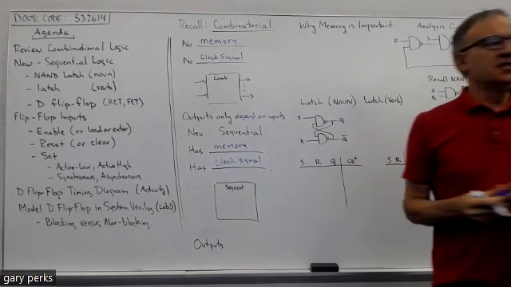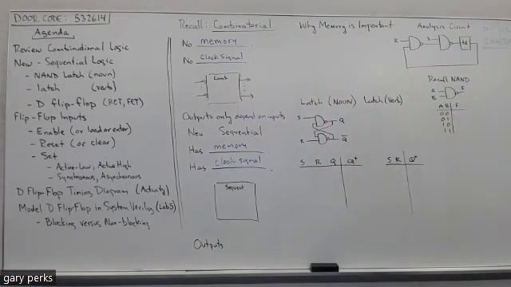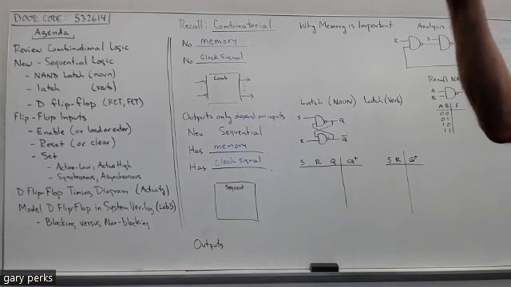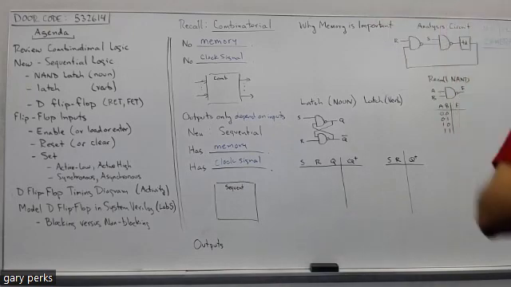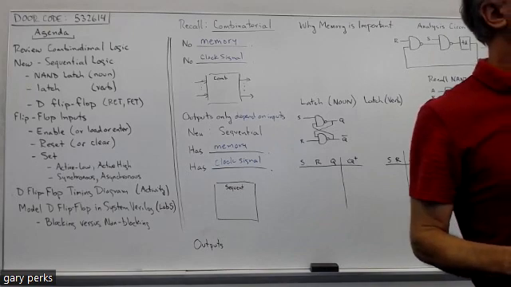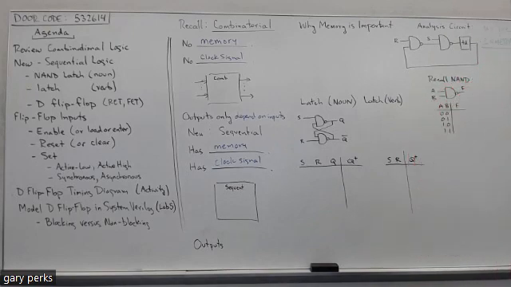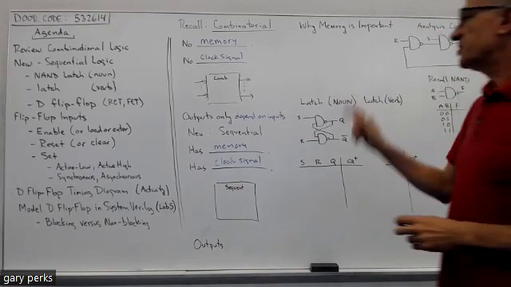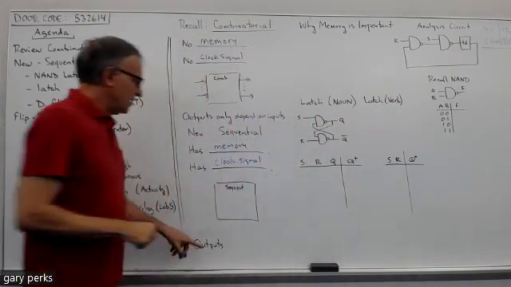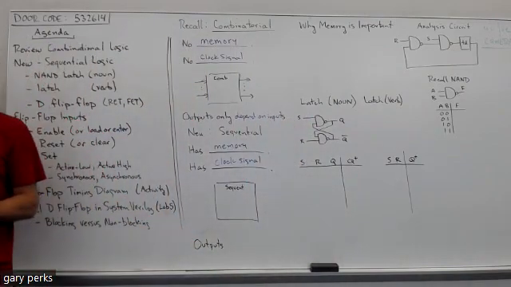Like all the circuitry we've built up till today, to determine the output or outputs, we just had to look at the inputs and follow them through the logic signals until you reach the output. Well, with sequential circuits, the outputs don't only depend on the inputs, but they also depend on